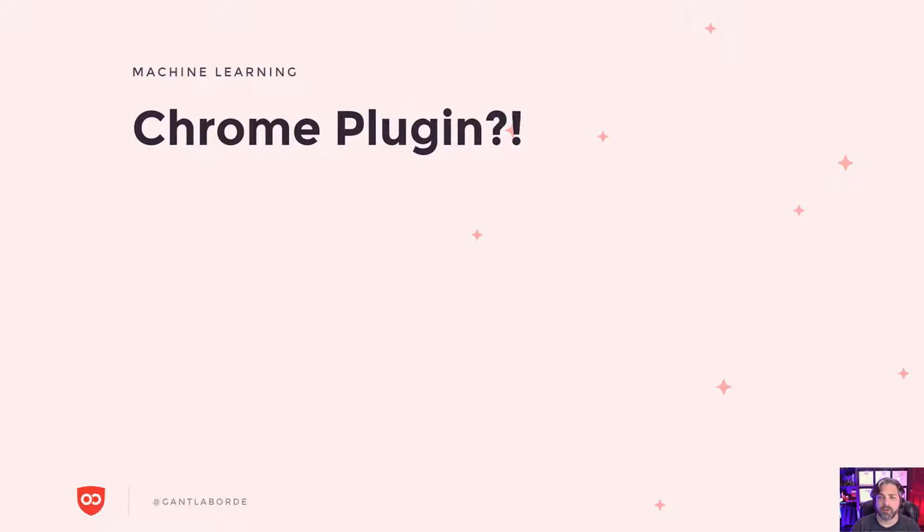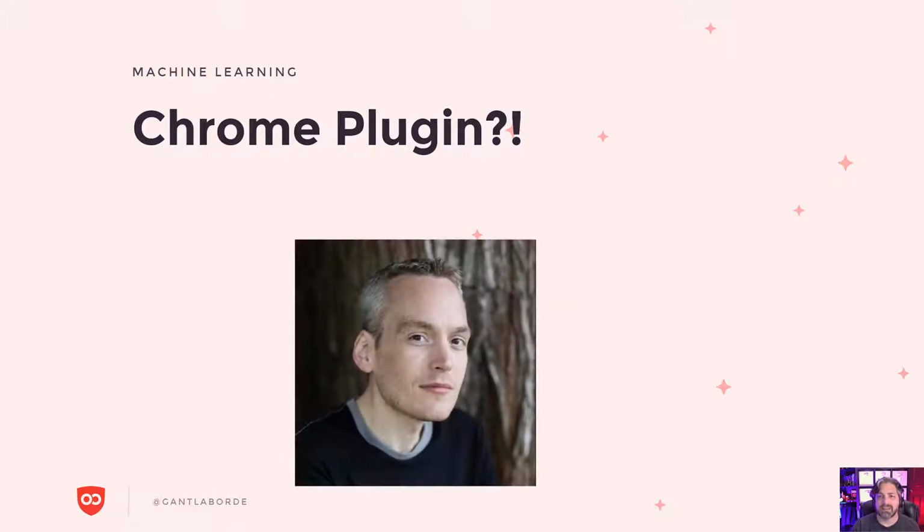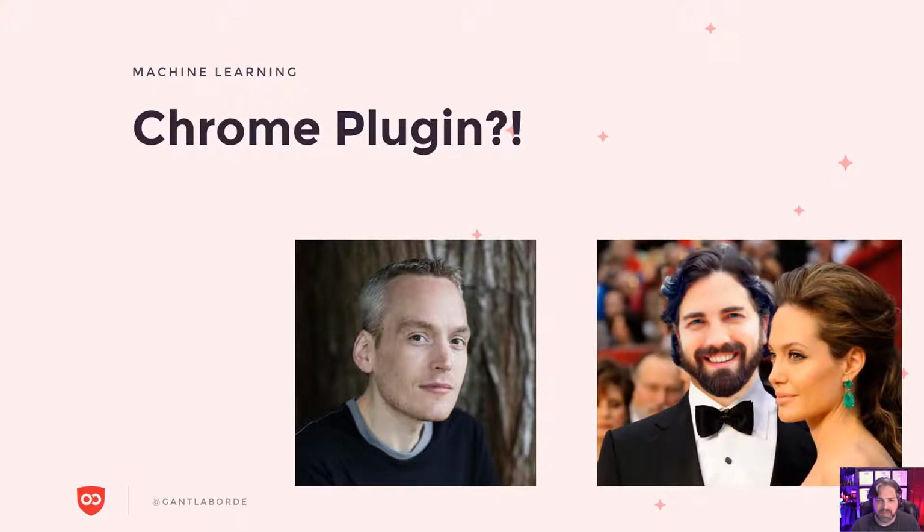We can even then, if you take that logic and push it just a little bit further, we can actually make Chrome plugins, which is what my friend Chris Beekler said. He said, Gant, I saw nickornot.com. Is there a way that we can build this into a Chrome plugin? And I said, that's a great example for adventures in JavaScript. And so adventures of AI in JavaScript. So he reached out to me and sorry, that's an old photo of me.